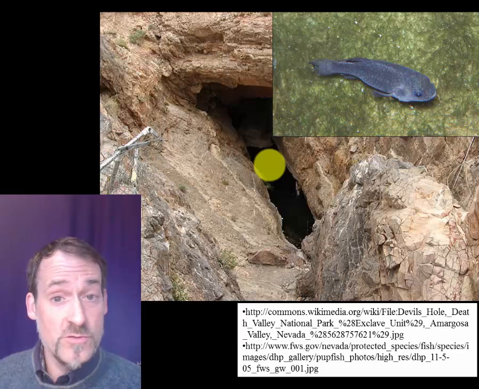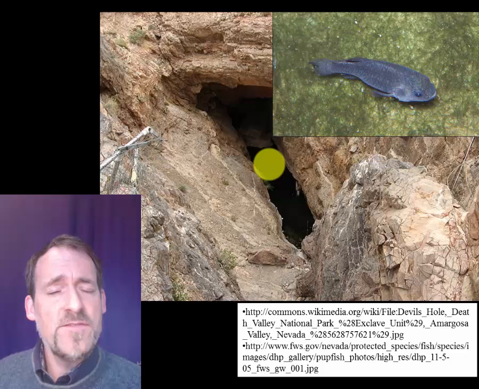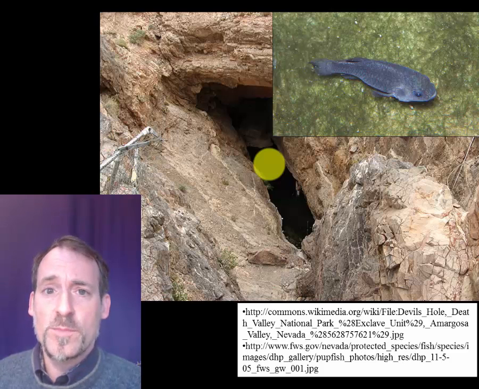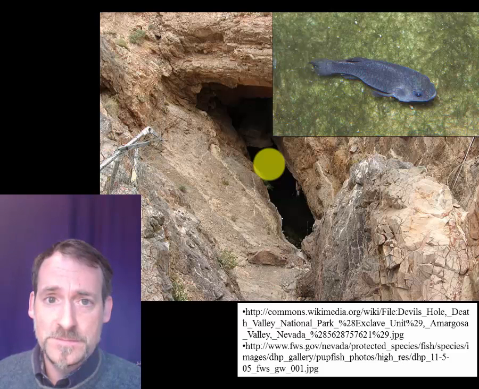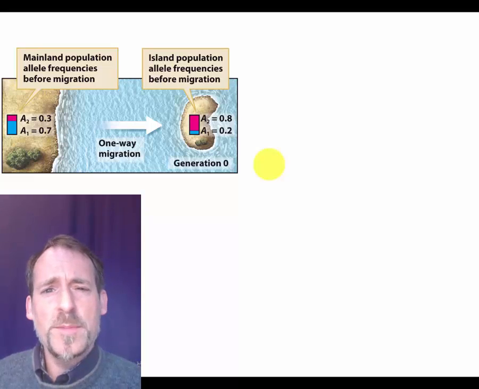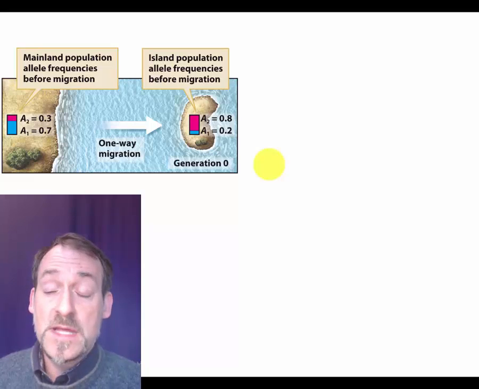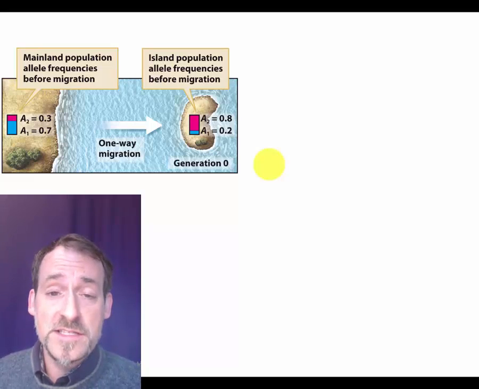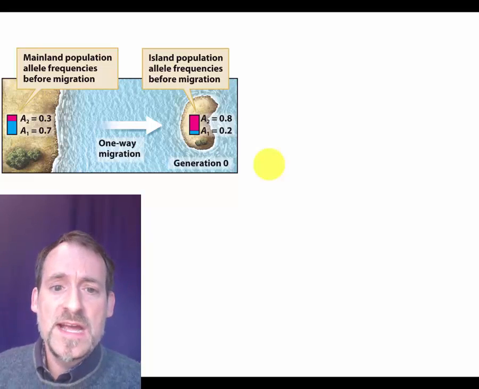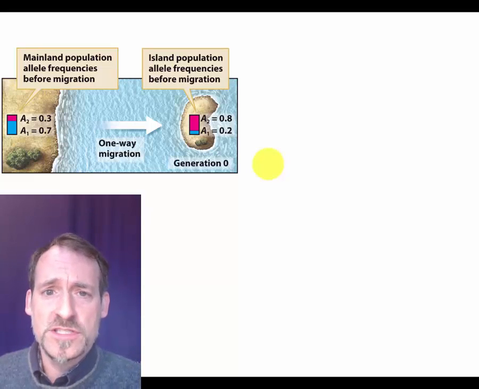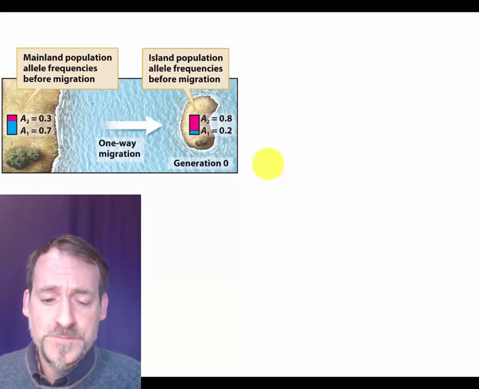There are no other pools of water anywhere around, and even if there were, the only way a Devil's Hole pupfish could get to one of them is if it could fly. In the real world, populations are rarely completely isolated from one another. Yet there are populations like the Devil's Hole pupfish, but usually individuals enter populations and leave them, and that changes what a population looks like genetically.